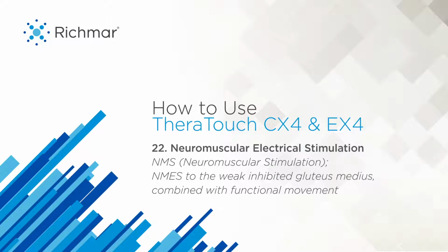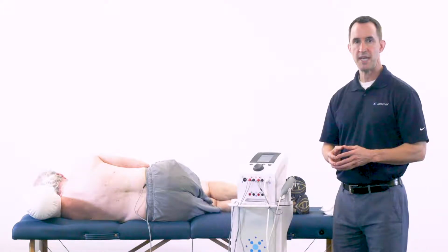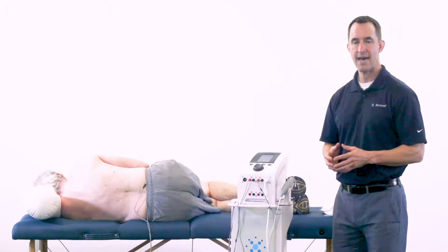You have two options in your device in terms of waveforms. You can use a symmetrical biphasic waveform or an NMES waveform, which is neuromuscular stimulation. The treatment approach in this example is using NMES to the weak, inhibited gluteus medius muscle of the hip. The mechanism of action is to activate the weak, inhibited gluteus medius muscle to stimulate some contraction and incorporate into